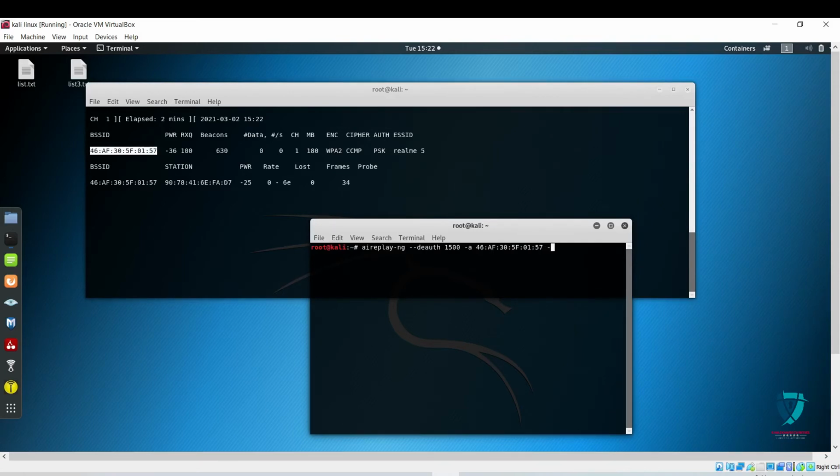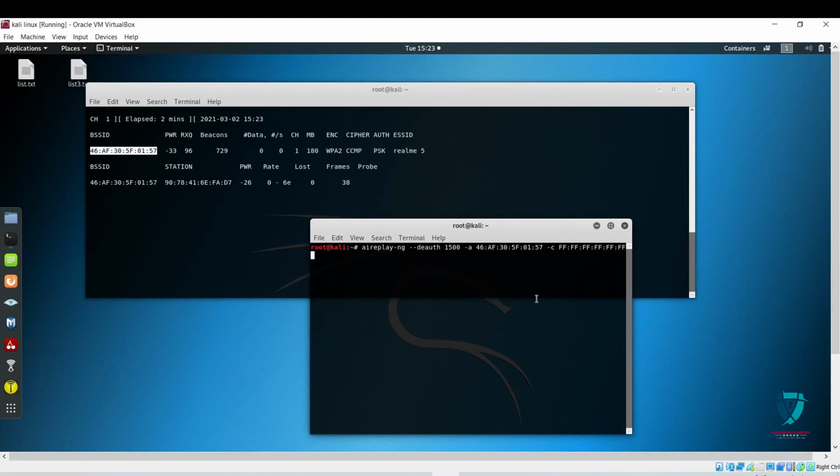As I told, to deauth a specific device, enter their MAC address here. If not, enter the MAC address in the form of FF:FF:FF:FF:FF:FF, so there will be 6 pairs.